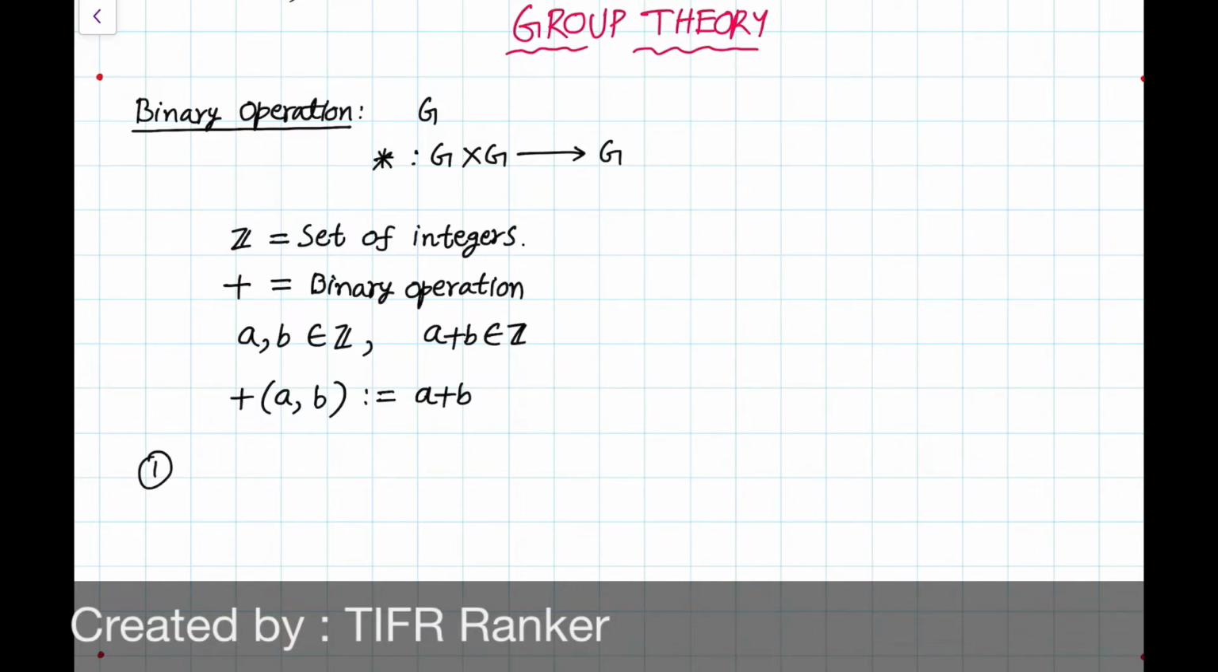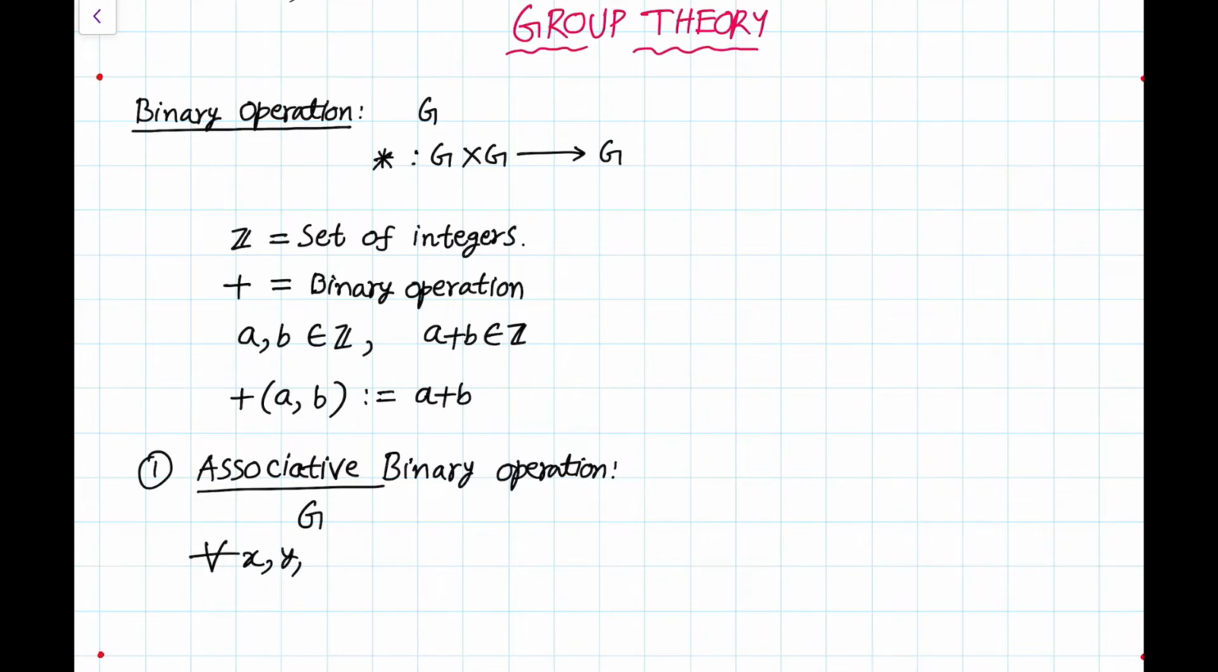Second, a binary operation is called associative on a set, say G itself, if for any three elements in the set G, suppose star is the binary operation, similarly